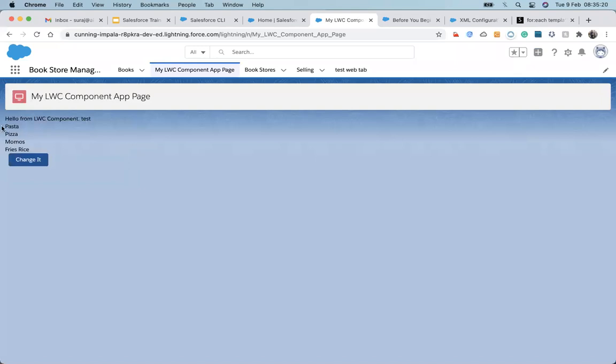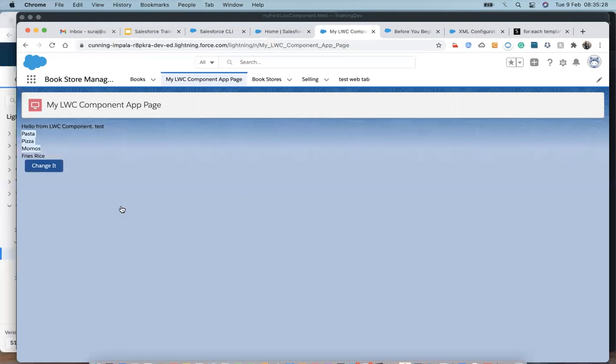Yeah, you can see it's coming up here, and the same list that we have written is populating up here. Whatever elements are present in the list are populating up here.